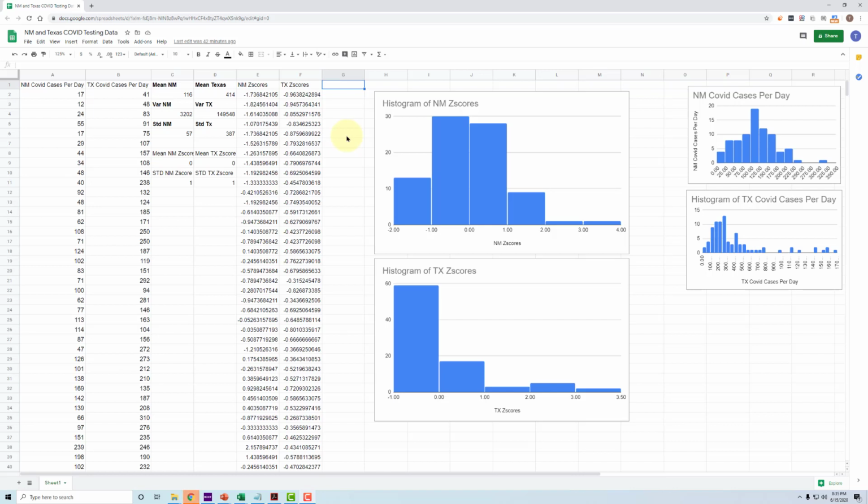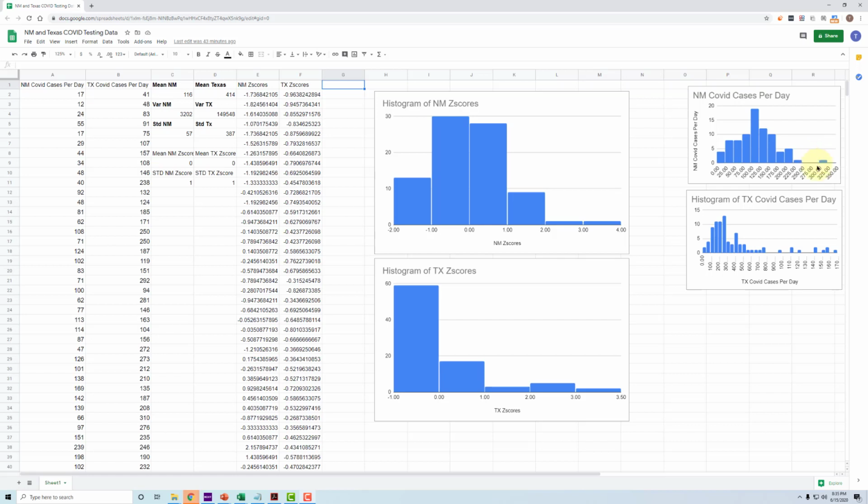So how can we use the z-transform to better compare between two data sets? In this case, New Mexico and Texas. Well, we can actually use the z-transform to do direct comparisons. For example, we can ask the question, okay, the peak in New Mexico is 319. What would be the equivalent score in Texas, the equivalent number of new daily tests in Texas to match 319